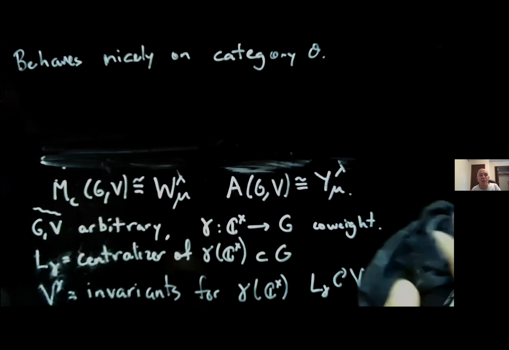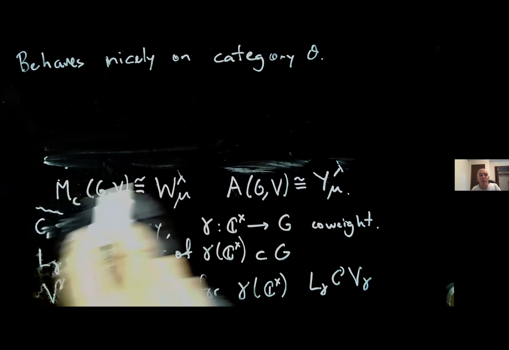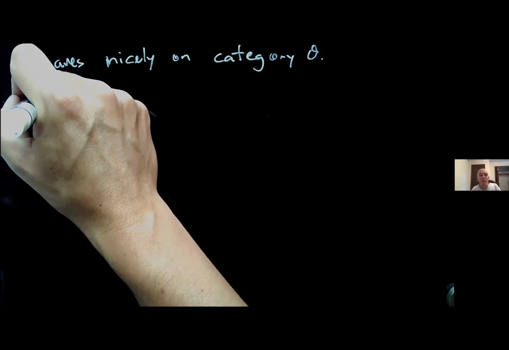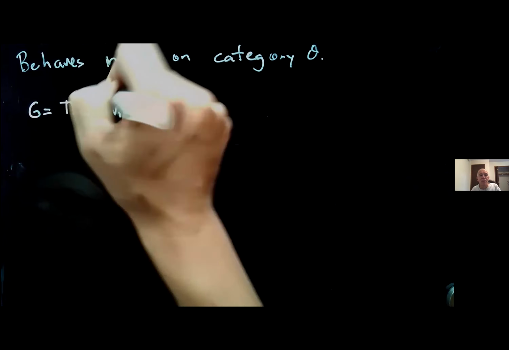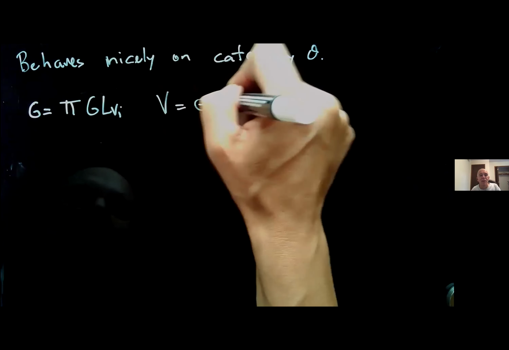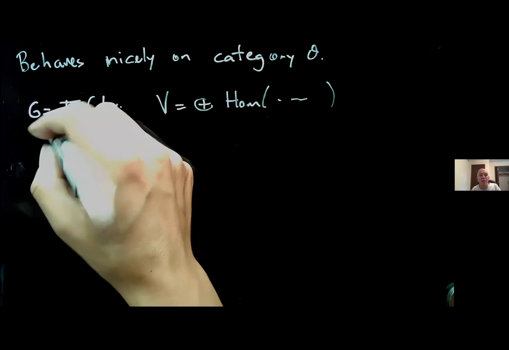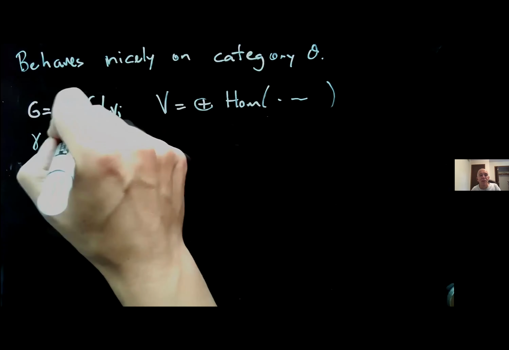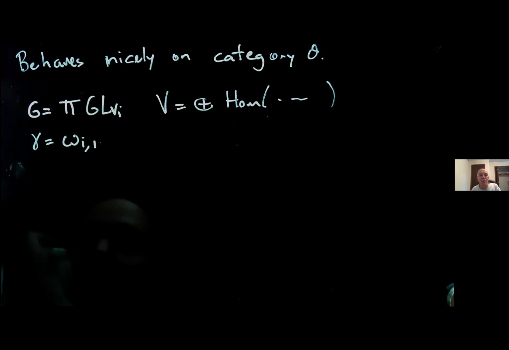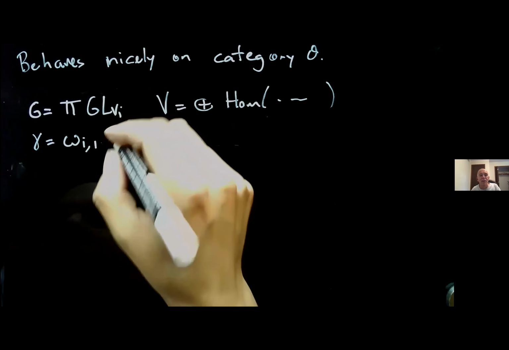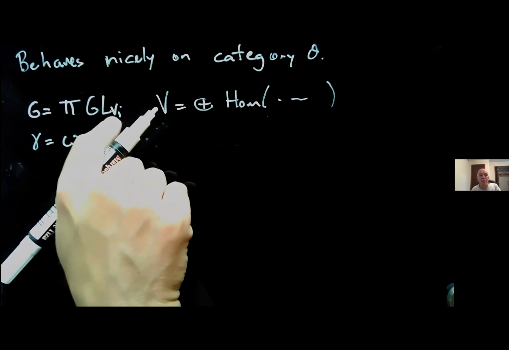Now to return to the, I'm almost done because I'm almost out of time here. So to return to the previous topic, or to the main goal of the talk. If we take back this G to being the product of GL VIs, and V being this direct sum of this blah blah blahs. If we're going to take gamma to be the first fundamental weight inside the ith VI. Okay, so that means I just map C star into the ith copy of VI into the top left corner.